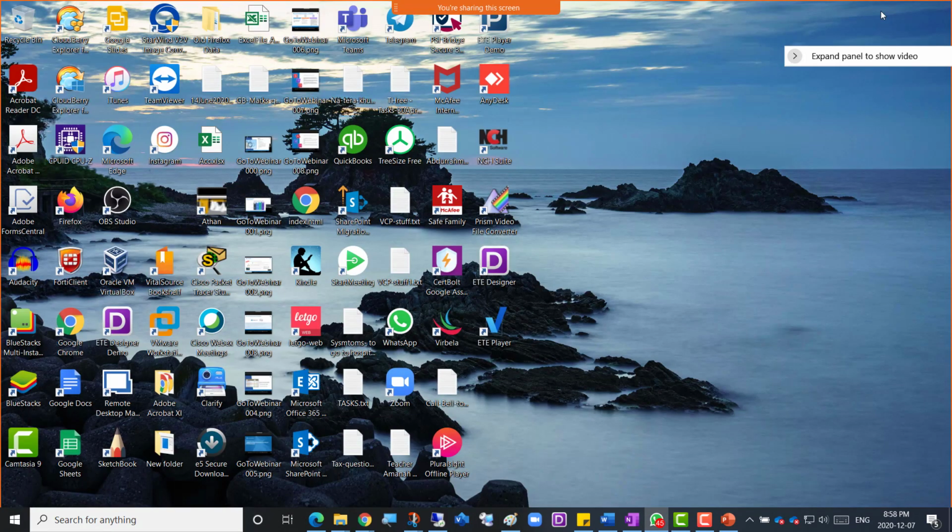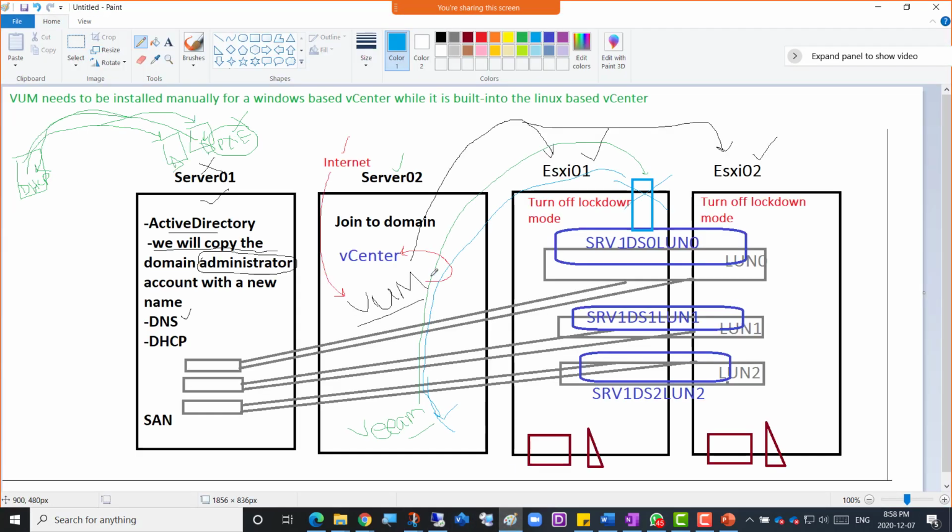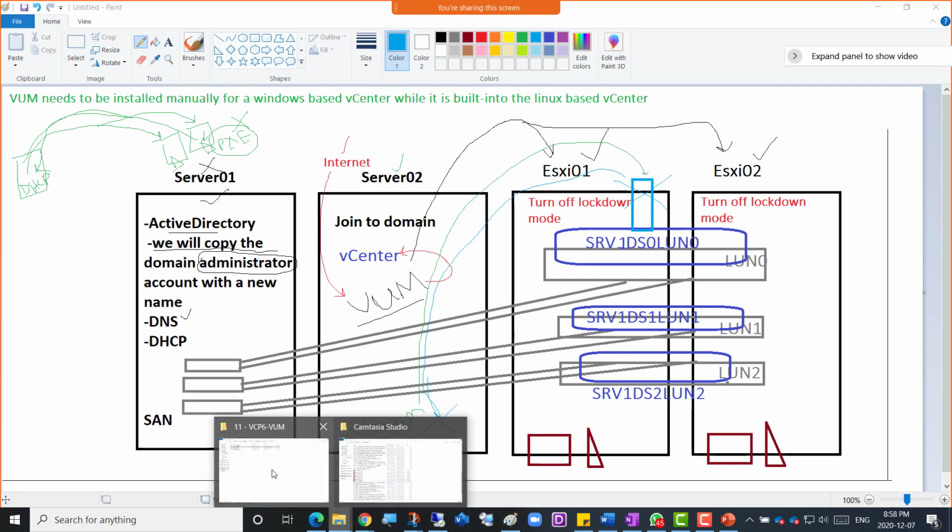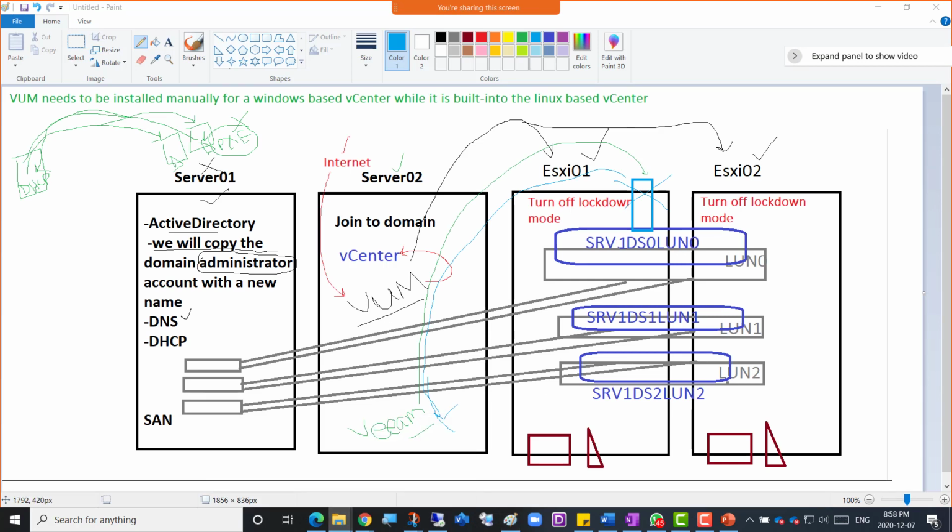So the plan here, I'm going to open the slide for the Veeam backup software as well.